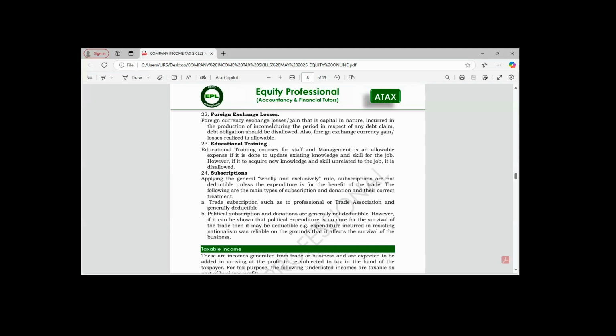While foreign exchange gain realized is taxable, foreign exchange gain unrealized is non-taxable. Then we also have educational training. Your company is paying for your ICAN fee, your professional fee, or for your training to increase your knowledge. Where your company is doing that, any expenses they incur to carry it out will be an allowable expense. But where they are spending money for you to acquire a new knowledge or skill, it is not